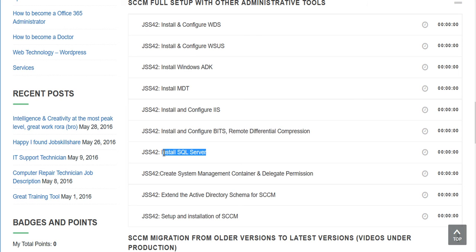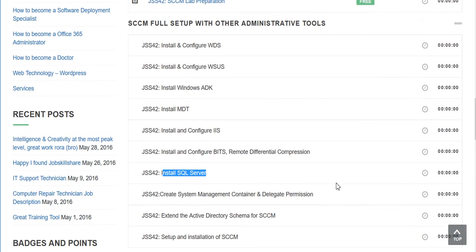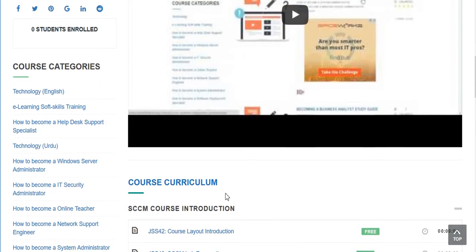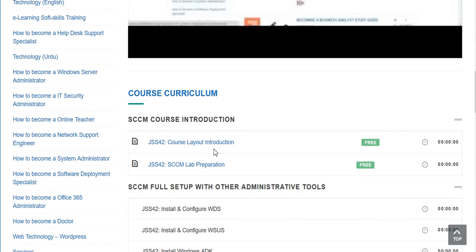Not just installing it and getting it done is not something that I want to do in my courses. I want to create almost so many errors that we can go back and do troubleshooting and fix it. At the end, when you finish this course, you will feel like you have done this so much and you have gone through so many errors that this is a piece of cake for you, even though it's a big software. A lot of people make a lot of money, and that's something I explained in our introduction video here. You can watch the other course layout introduction video. So hopefully this is kind of clear